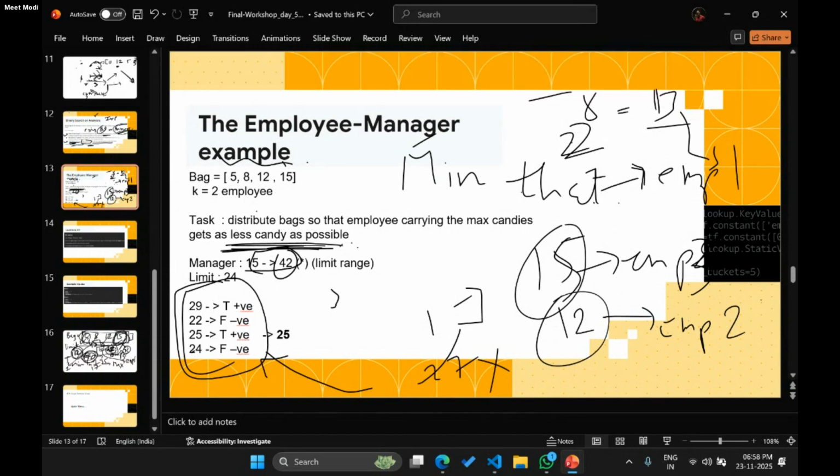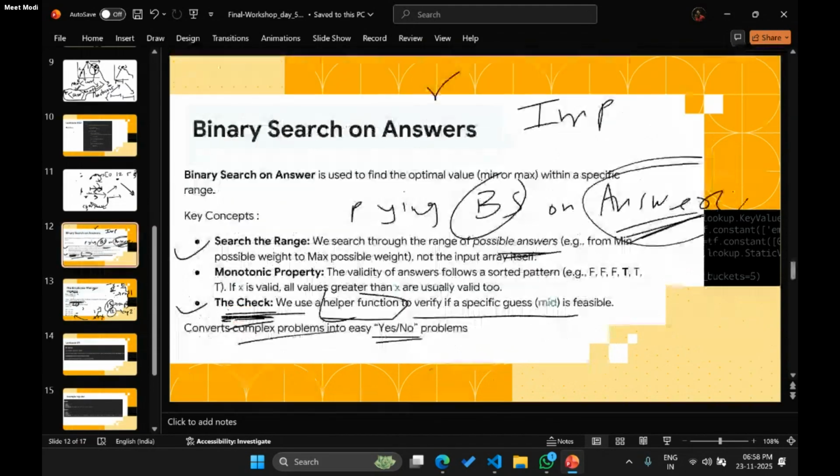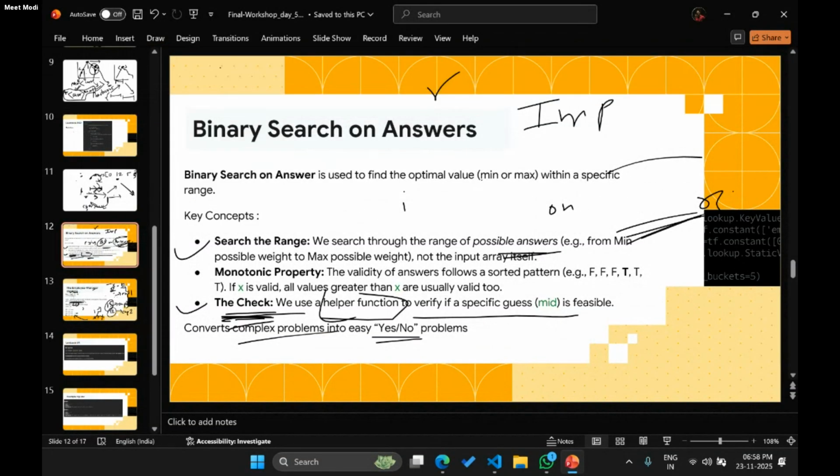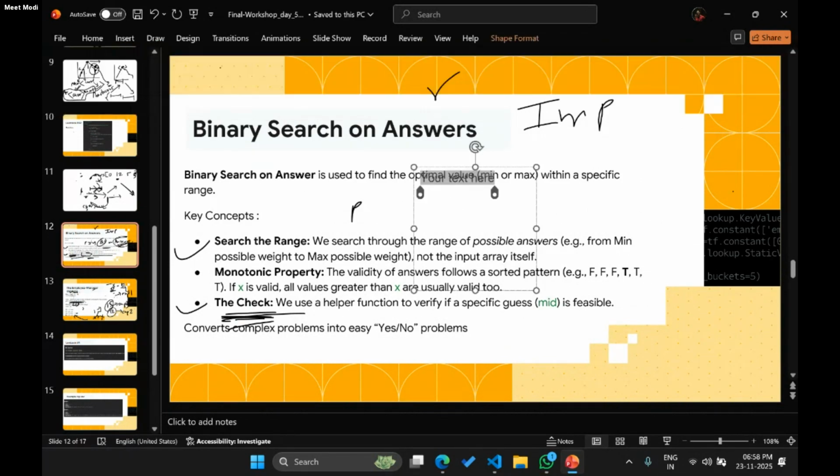So how do you identify a binary search on answer question? You find the monotonous nature, you observe your intuition or anything, and you get the monotonous nature, and something like minimize the maximum